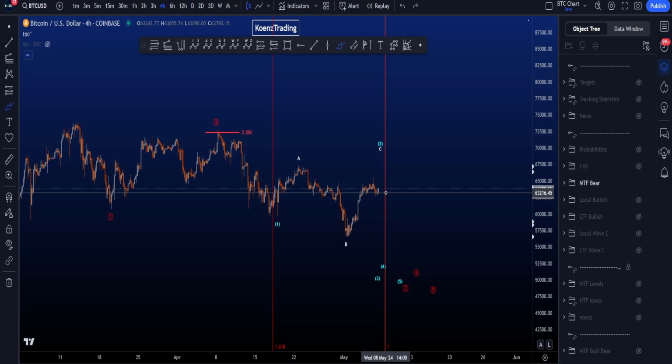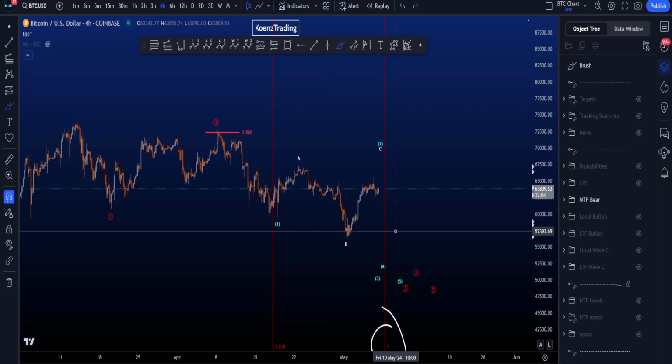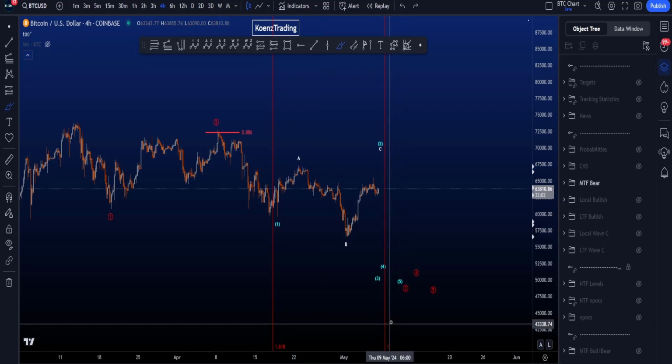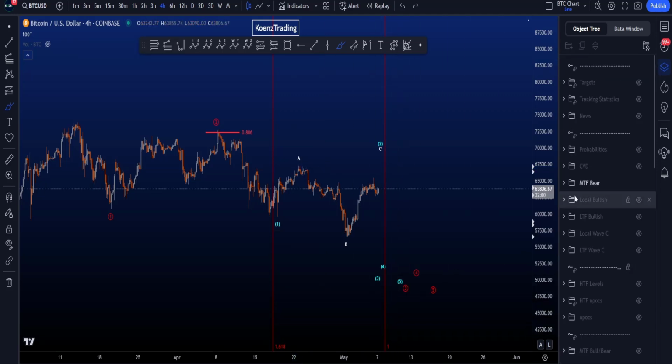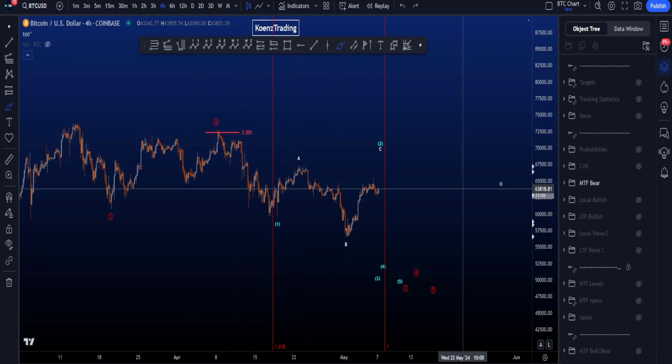But you can see we are getting close to the 1-to-1 fib time, setting on Wednesday the 8th of May, 10 a.m. in the morning Central European time, and preferably you do not hit this line or make a new high after this vertical line over here. In general though, probabilities aren't very high because of the 886 touch and this second wave 1 here being longer